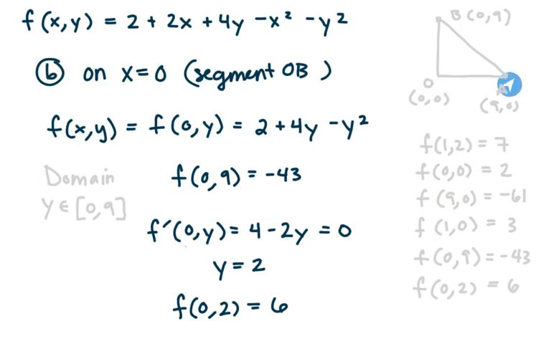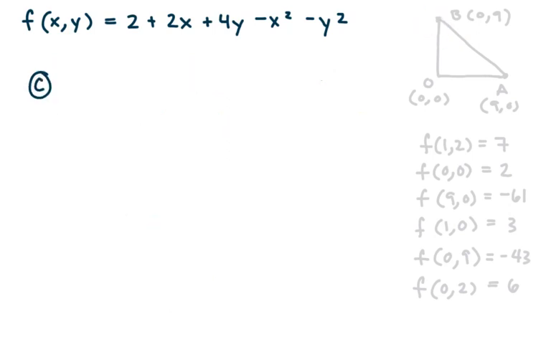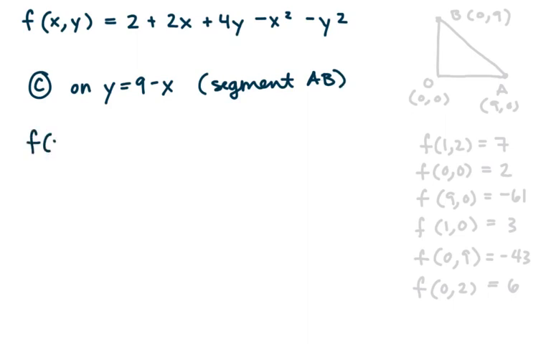All right, so we've looked at two boundaries, OA and OB. Now we're going to do part C, where we look at the diagonal boundary from A to B. For our third part, we're going to consider the boundary on y equals 9 minus x, on segment AB. So in that situation, my function f of x, y is going to become f of x, comma, 9